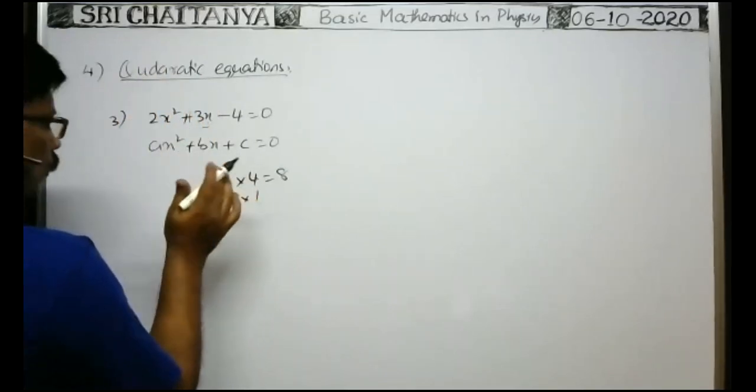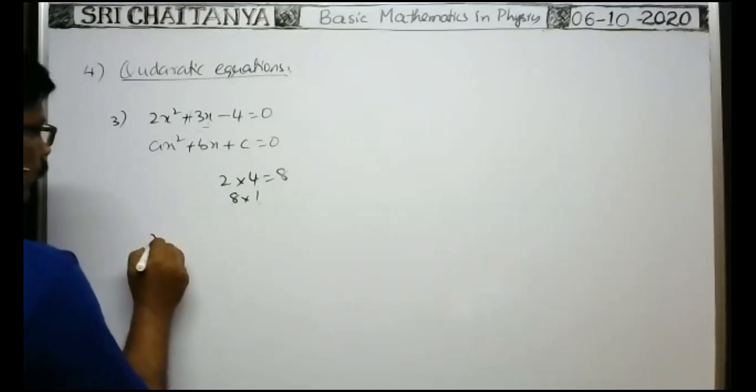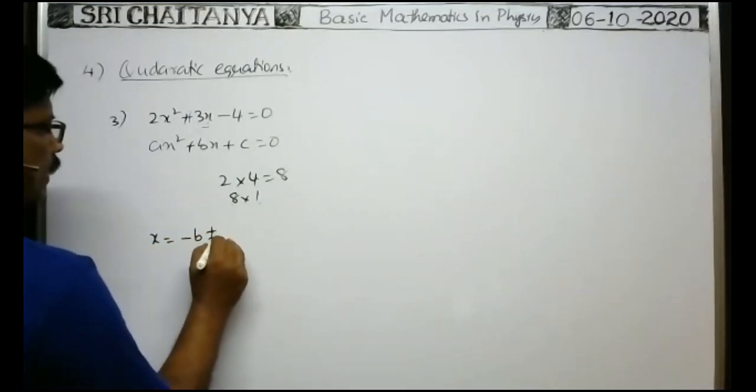So in order to find the roots of the quadratic equation, we have a formula now. X is equal to minus b plus or minus square root of...